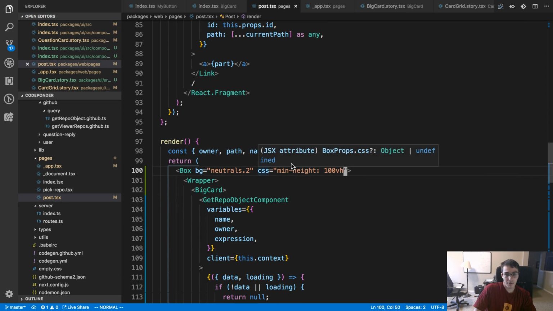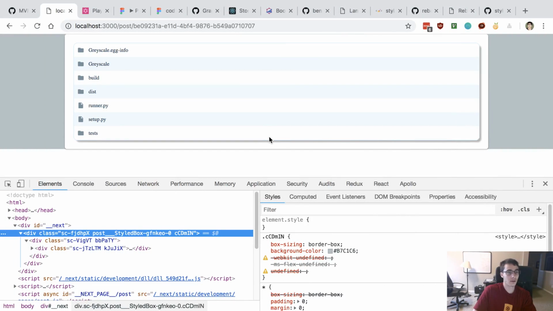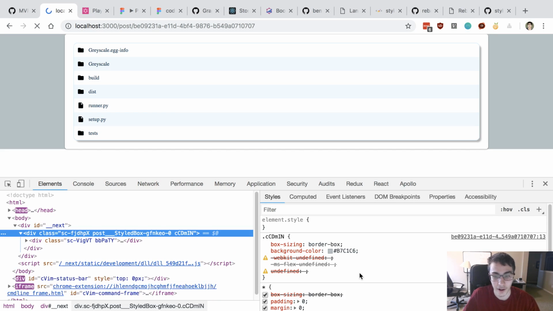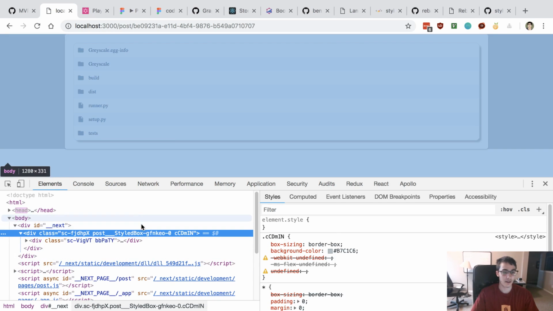Alright, so the CSS prop doesn't seem to be working, because it's not getting applied to this thing. Instead, we're getting this undefined, which is kind of weird.